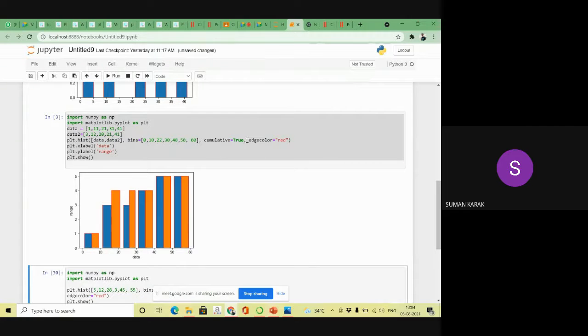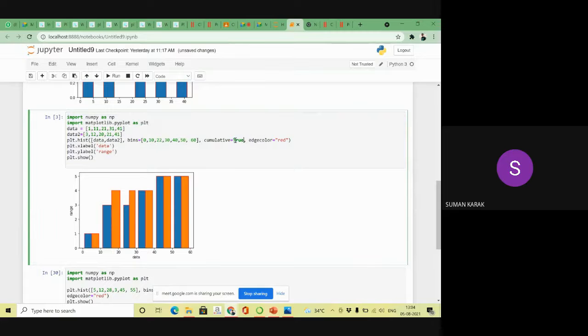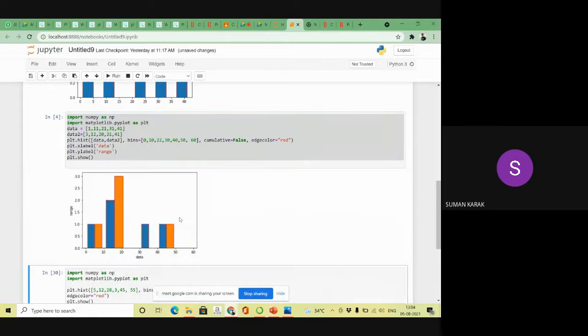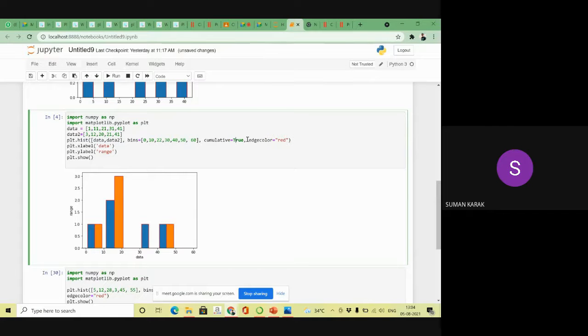Now if I do not mention cumulative, suppose I mention cumulative is false, then it will show like this, right? Now if we use cumulative equal to true, then each bin gives the counts, and the similar bin values are placed first, then next.